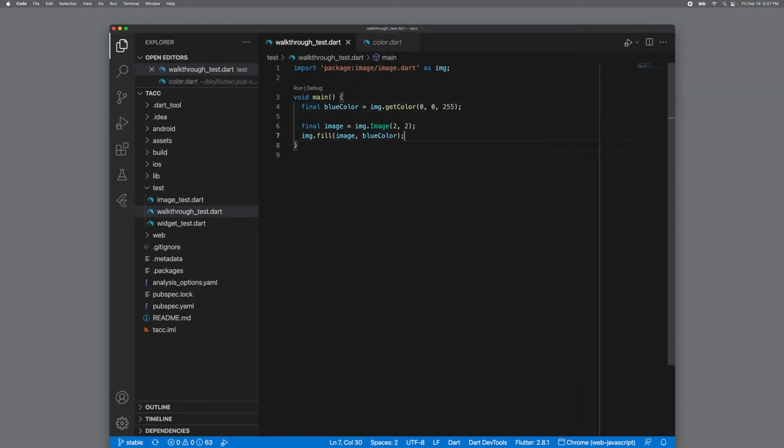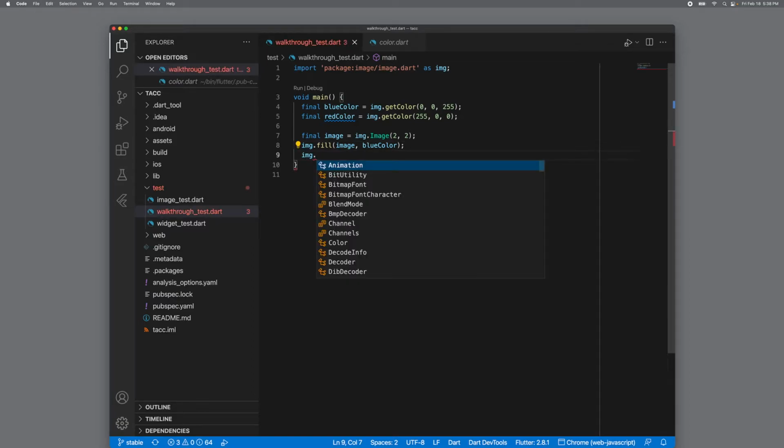We've got a blue color. And then I'm also going to create a red color. And it's going to be 255 red, no green, no blue. Okay, and so then what I'm going to do, again, simplest solution here